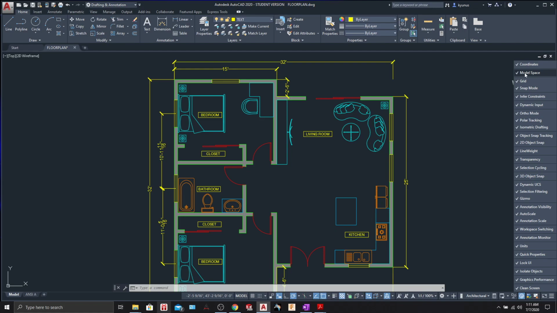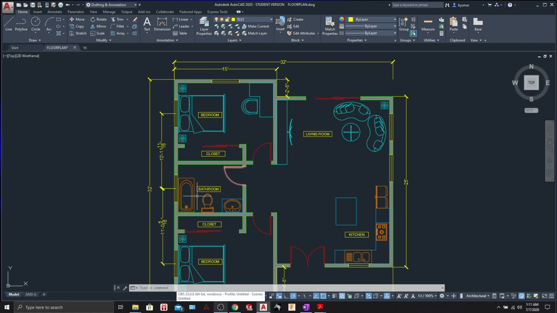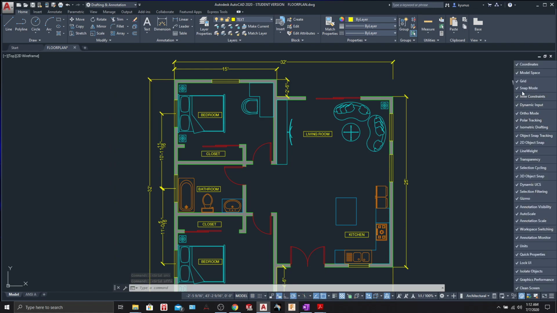We have the model space, we have the grid. So if you don't want your grid, you can hide it. And if we want your grid in your drawing, you just have to click this. I like keeping it off, right? We have snap mode, very important feature of AutoCAD. Then we have dynamic input, very important. So let's say if I keep it off for a moment,